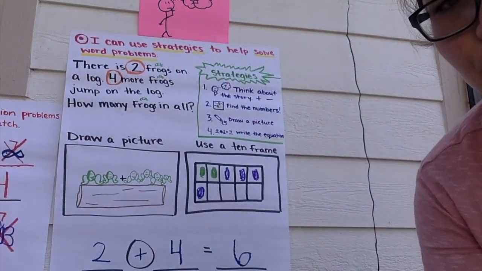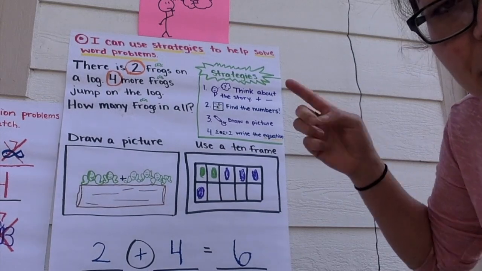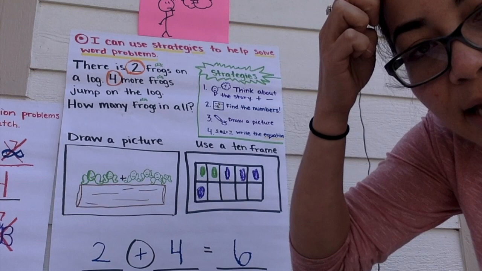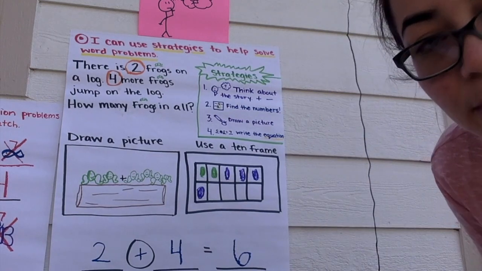All right, crew, your turn. Go back to your strategies. Think about the story. Are we adding together or taking away? Find your numbers, circle them,